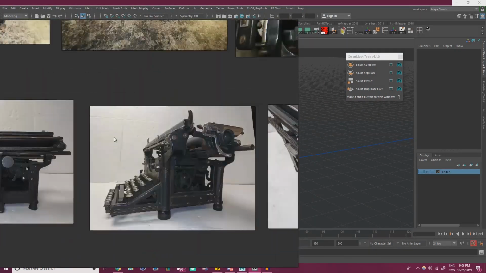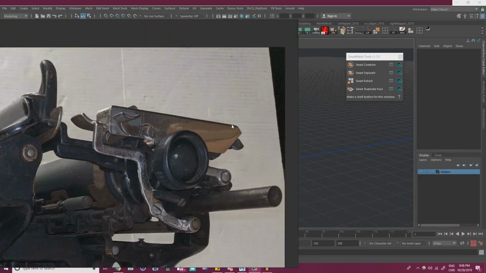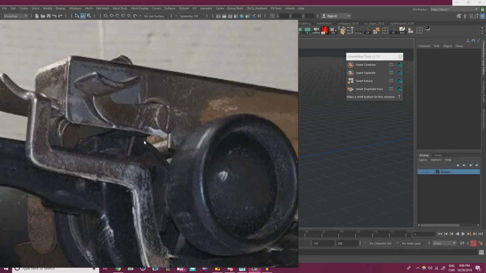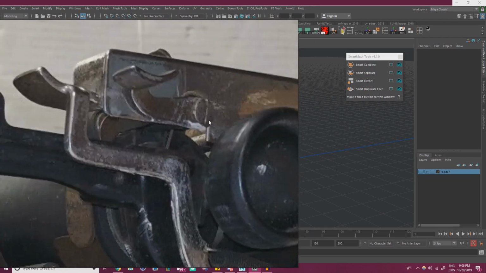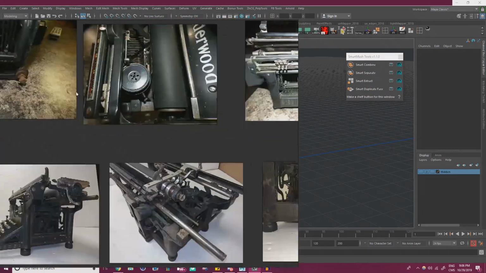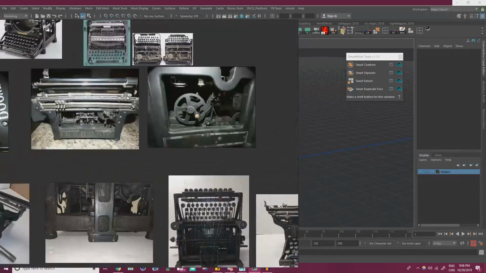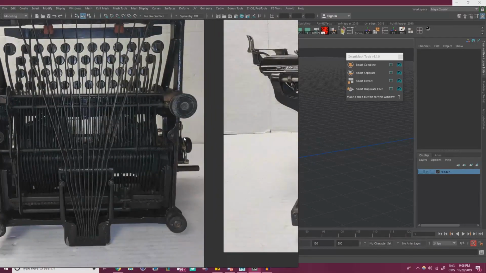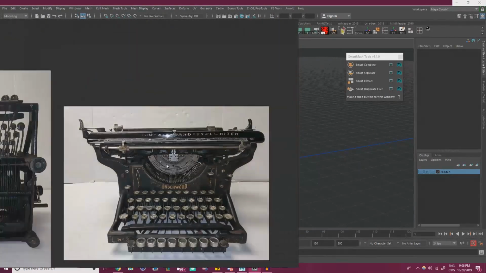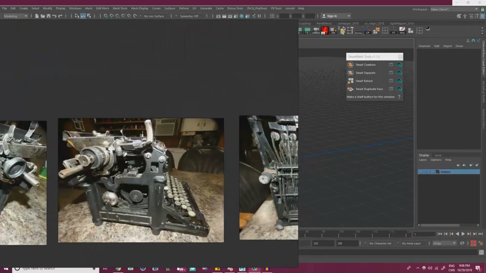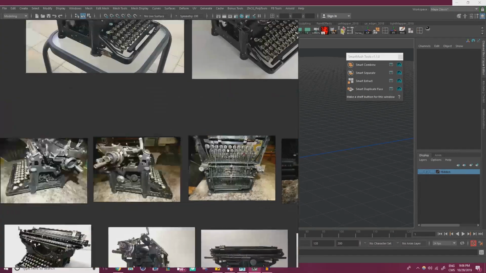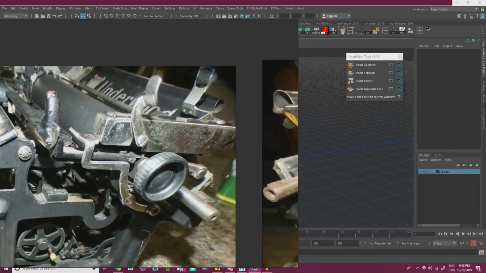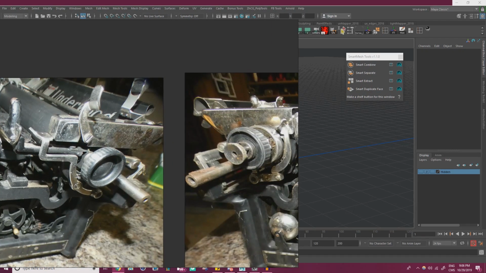I'm trying to see if it's hollow underneath. I imagine it is, but I don't think we ever really find an angle where we're looking at it. This is an upside down one where it's slightly out of view. Same here. But yeah, it doesn't look like we're ever looking directly under it. It has some openings on the side for these levers. Regardless,